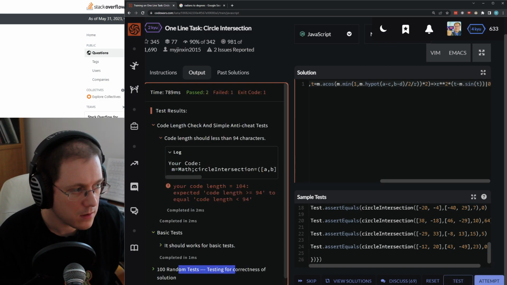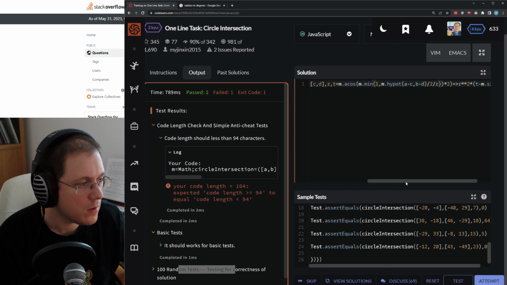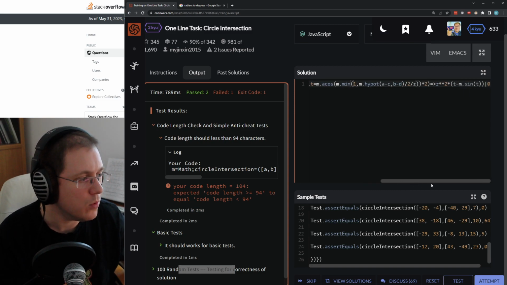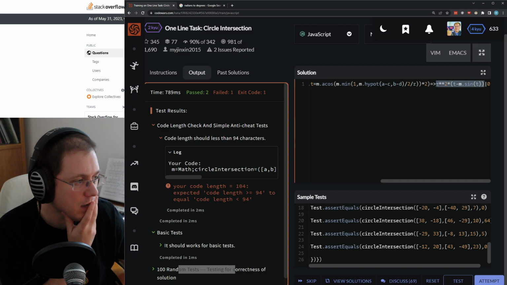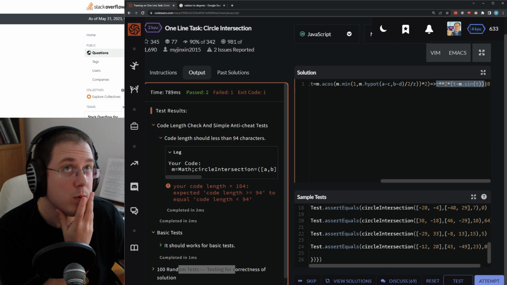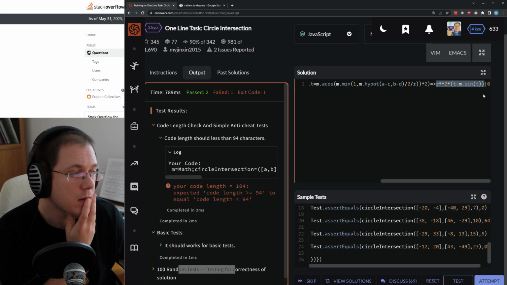Yeah. Ooh, interesting. If we're using this OR, I think if this evaluates to an error, then it will assume 0, which means this min